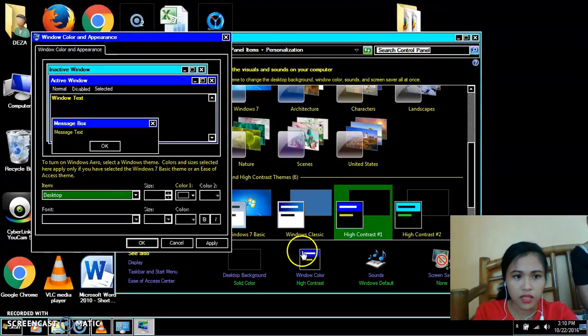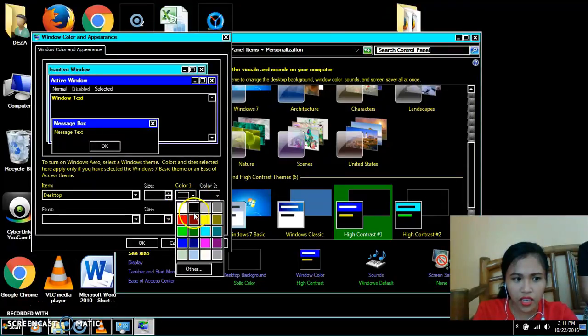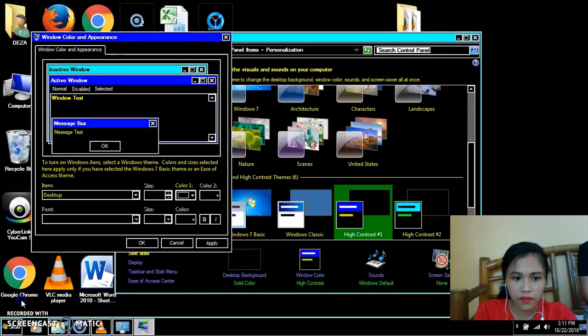So after you open the window color, select the required color. So you can find any color that you want, then select the required color, then change the color intensity levels, then click OK.